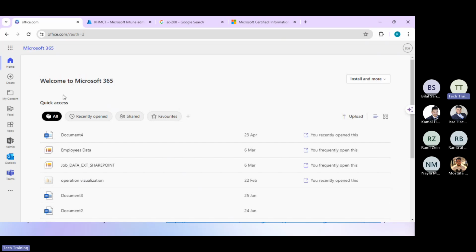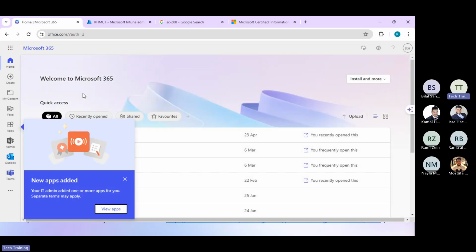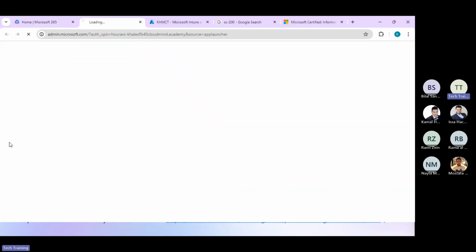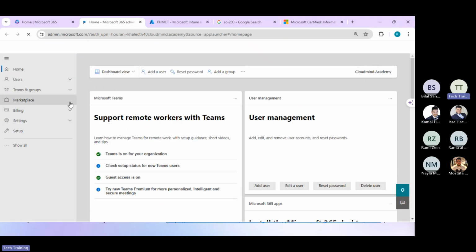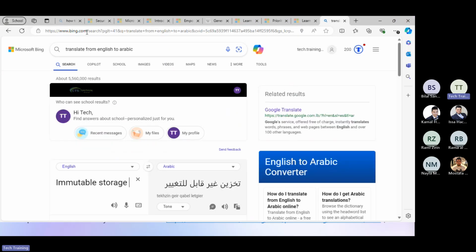Okay, as you can see here, I can see my own files. I'm an administrator over these files. Because in this tenant, I'm an administrator for the overall tenant and for my own files, I can log into the admin portal and I can control my own users and components of the files that I have, and I also can see the users and everything related to that. While if I'm going to use the CTS tenant and I go to Office here,